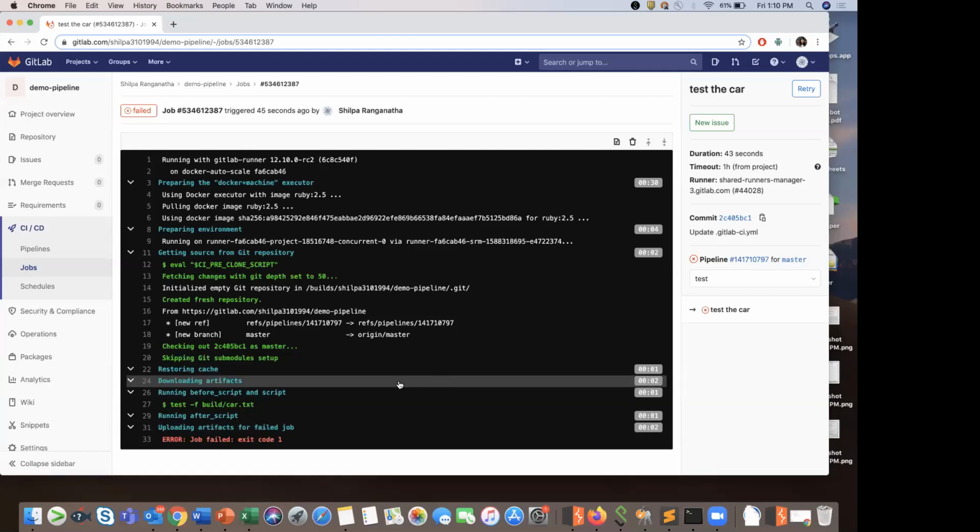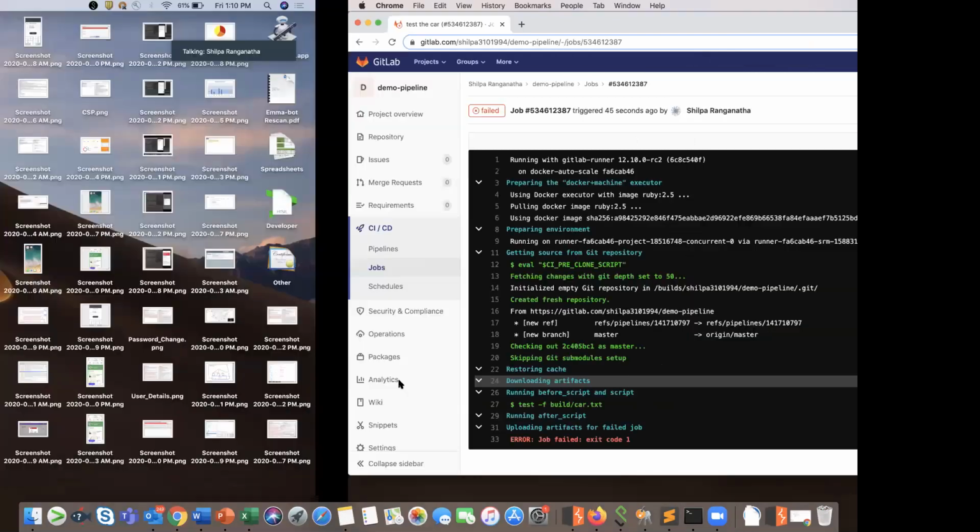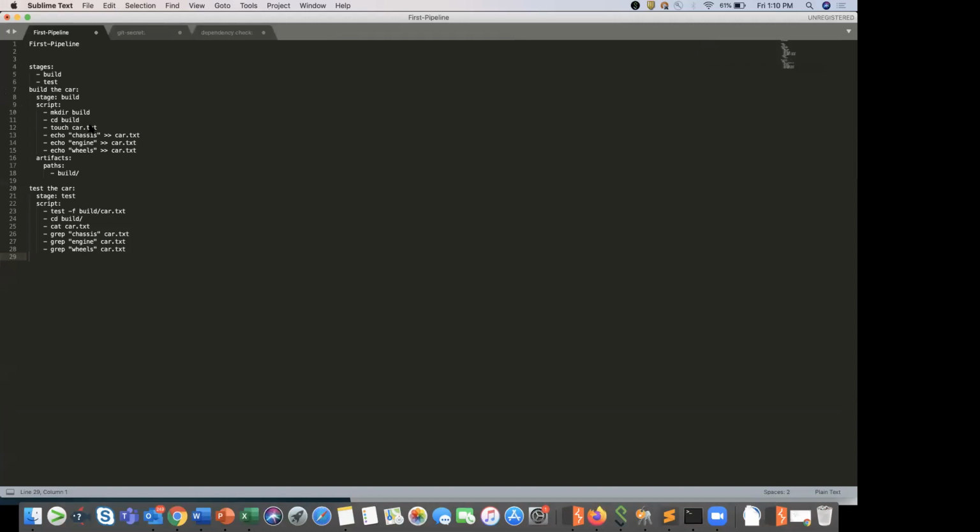Okay, why this fails is because if you see here, the first part of my job is done, car.txt file is created. But what happens is, once a job is completed, GitLab CI is going to clear all the contents of my first job and my second job is going to start afresh. So when the second job is starting, it's not able to fetch the car.txt file.